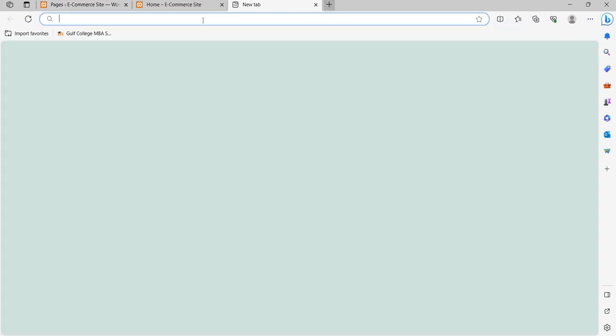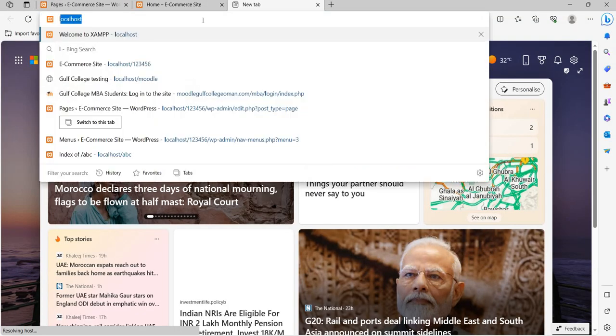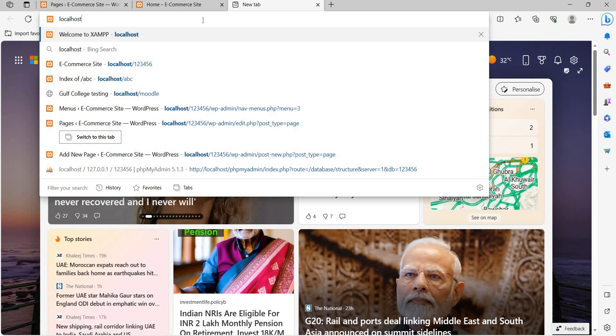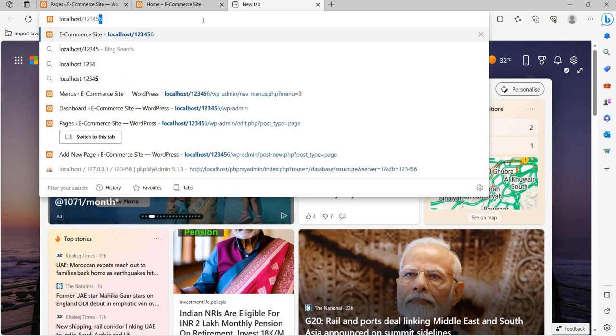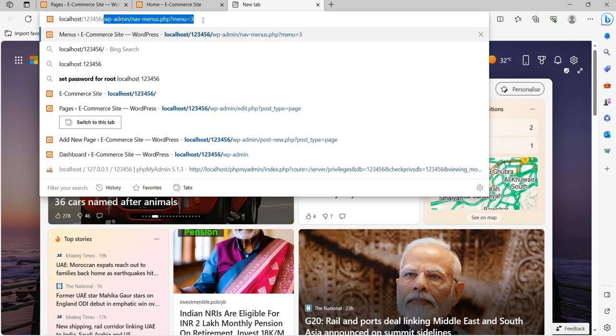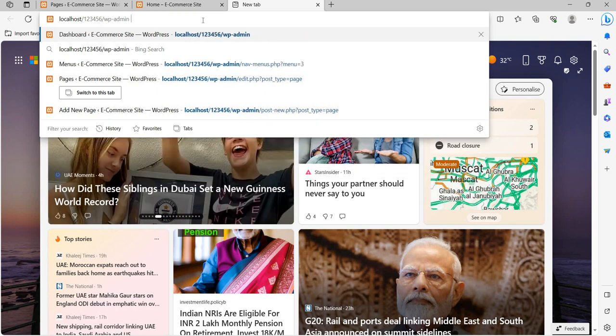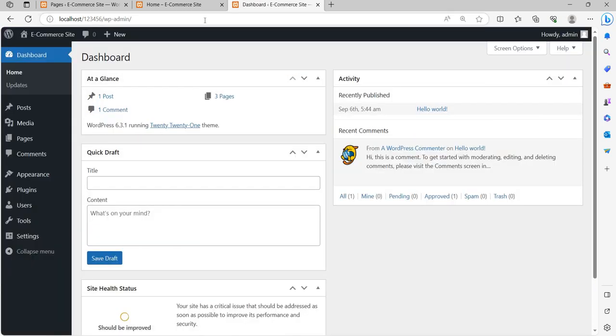This is your first page. What you will write, you can write localhost and then your folder name. My folder name is 12345 and then wp-admin for the edit. Okay, this is in edit mode, and